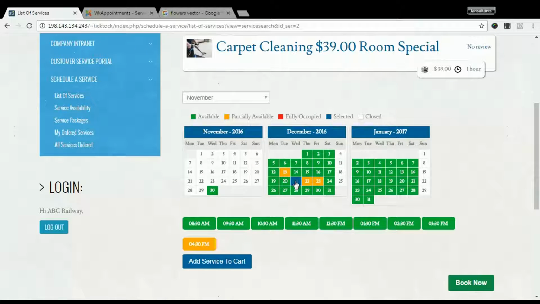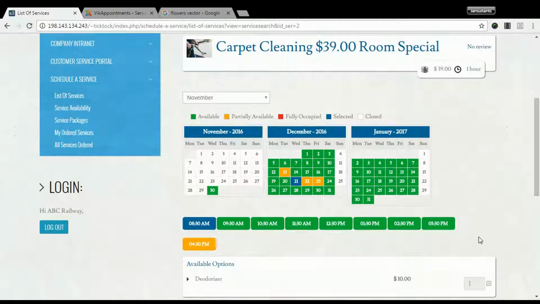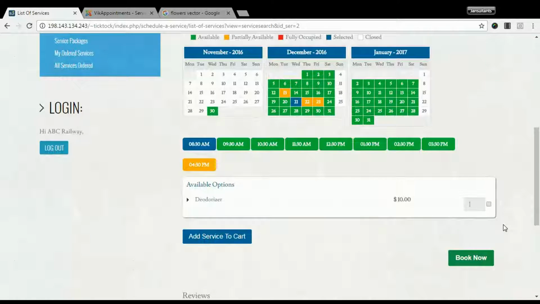And as I just selected the 21st, you'll see that is what I selected because it's in blue. And then the white outlines all the dates that cannot be scheduled because either the business is closed or it is a past date, a date that has already passed. So on this particular date, on the 21st, it was wide open. So I want to take care of it first thing in the morning. And once I do that, it